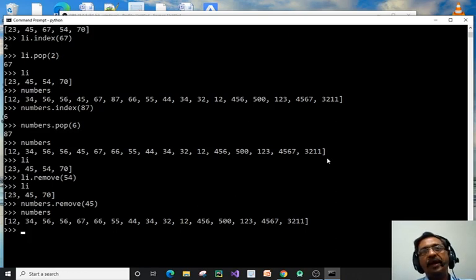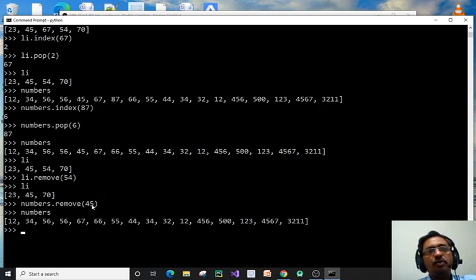Pop directly removes the last element from the list. Pop with the position removes the element from that particular position, but the initial element position is considered as 0. From 0 onwards it will count, and it will remove the number present at that position, or directly you can use remove, numbers dot remove.